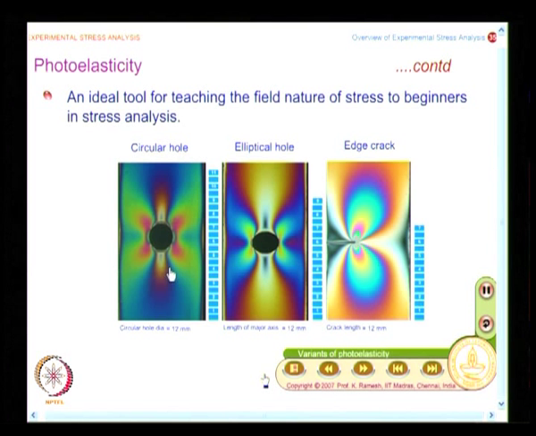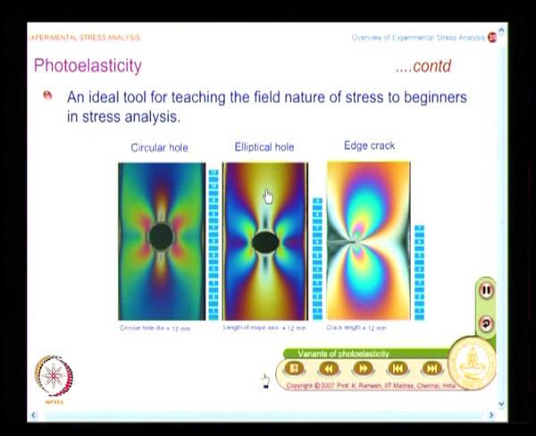So, people understood there is something called stress concentration which you cannot neglect. What you find here is I have a uniform stress field if I do not have a hole. The moment I have a hole, the stress field becomes biaxial. The stress magnitudes are very high in this zone and also in this zone. This is one thing stress concentration means: stress magnitudes increase. Not just that, even the stress field essentially changes.